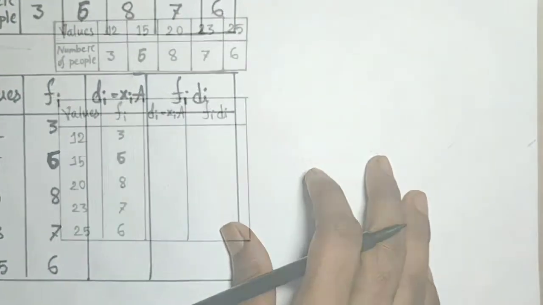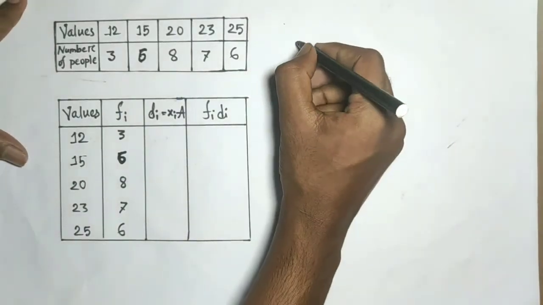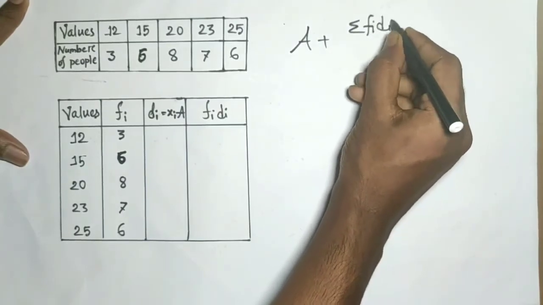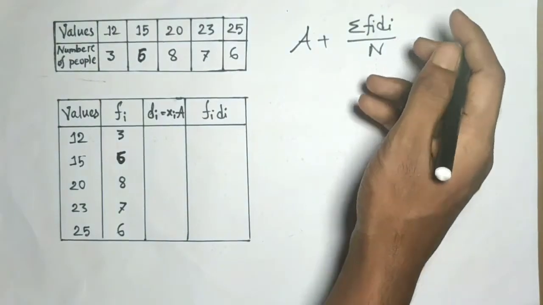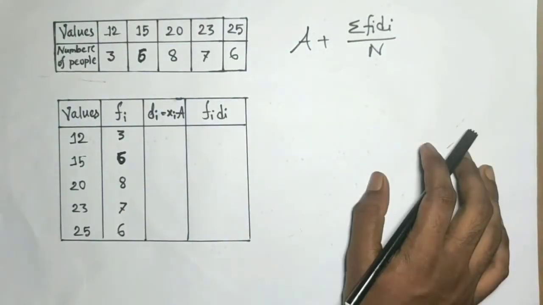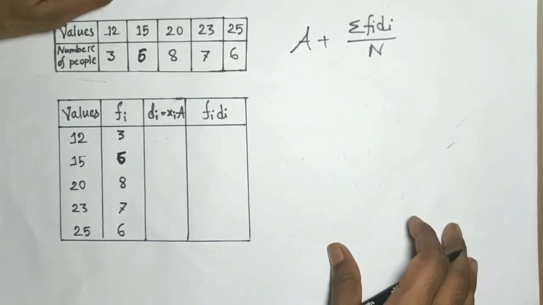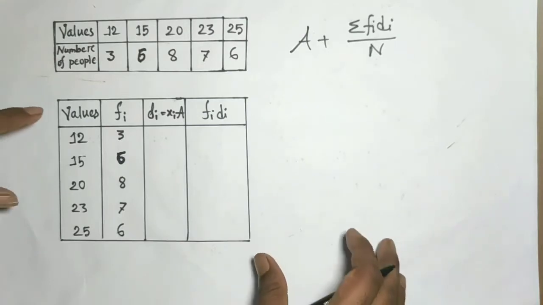To find the arithmetic mean by the shortcut method, the formula is A plus summation of fi di divided by n. Here di means the deviation of individuals, the difference of a value and the assumed mean. So how can we find the assumed mean? The assumed mean should be the middlemost value of the